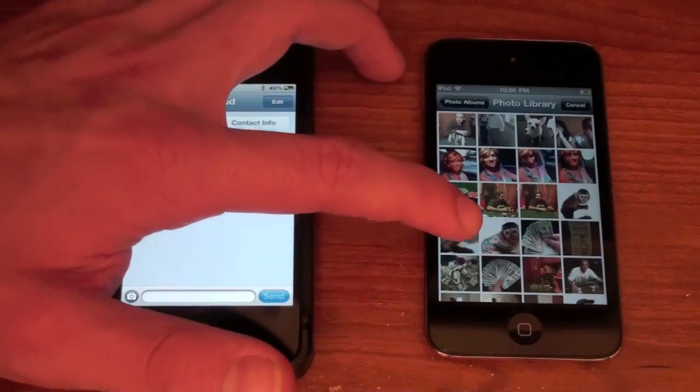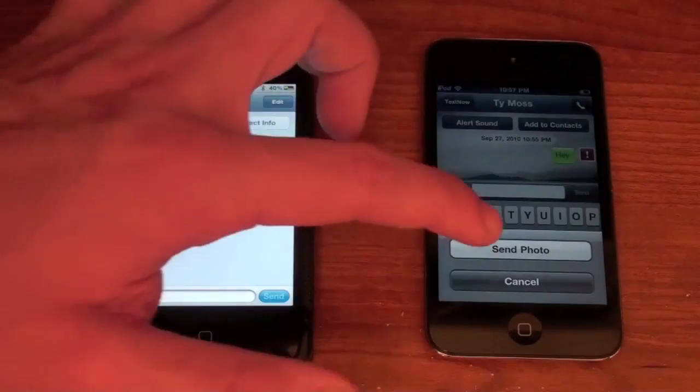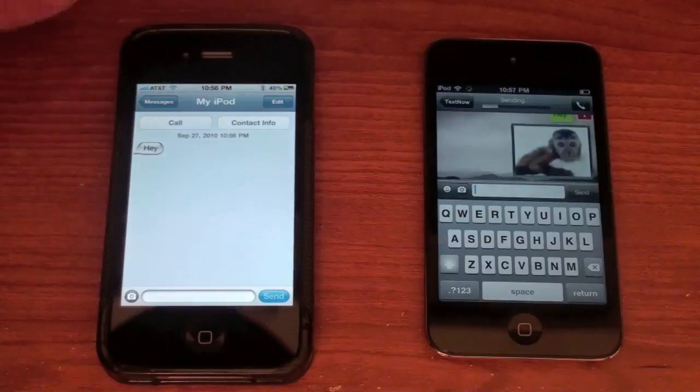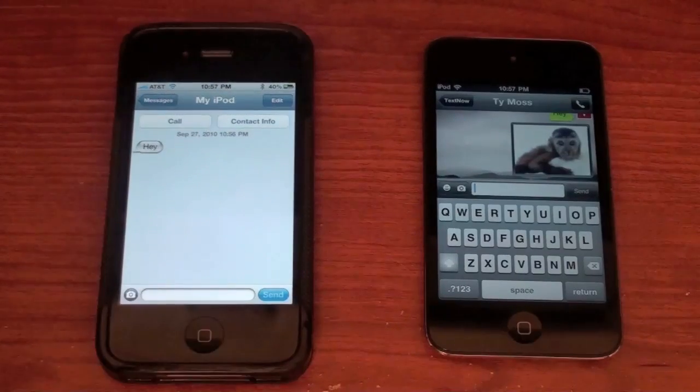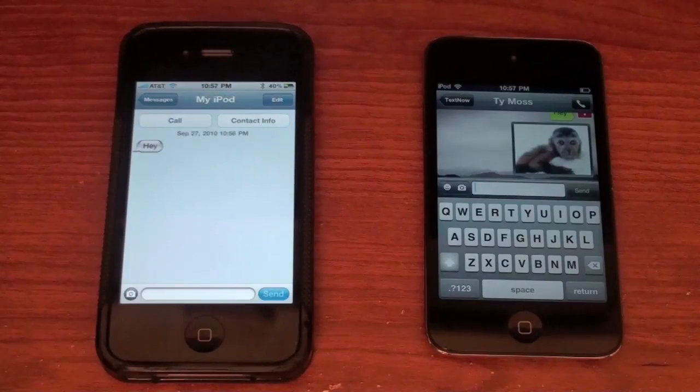So let's tap on that. Send photo. And there we go, it's going to send a picture of my monkey Boo. Now, I've actually been having some problems with MMS on my phone, or picture messaging, since I jailbroke it, so